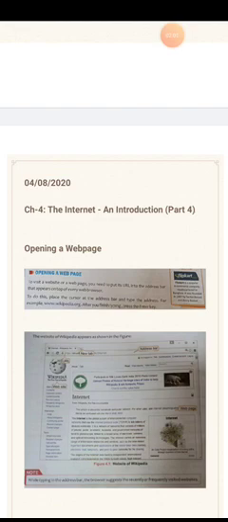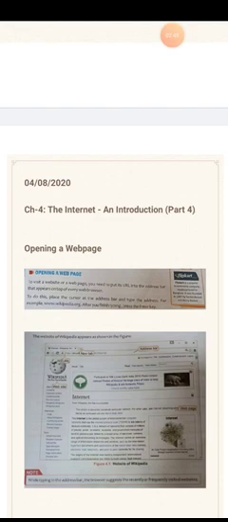There are so many web browsers. If you read your previous topic, we learnt about Google Chrome, Internet Explorer, Mozilla Firefox, and Netscape Navigator. All these are some very popular web browsers. Why are they called browsers? They are the browsers which help you to browse the web pages. So that is why they are called web browsers. And to open a web page, a web browser is a must.